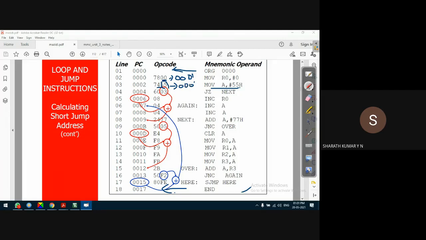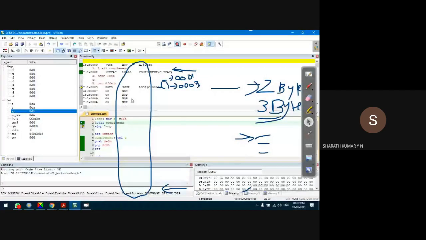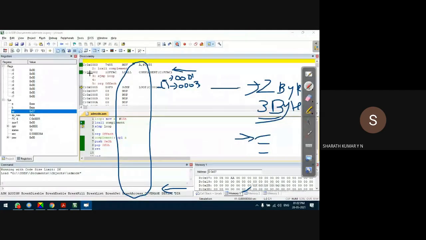You may ask a question: why is 0003 not shown? Because the PC column will show only the starting address of the instruction. The instruction may store 2 bytes, or it may store 3 bytes. Not all those locations will be shown. Out of 3 bytes, it will show only the address of the first byte. We saw this in our compiler also. For an LCALL, observe this: 0002 represents the LCALL instruction, which is a 3-byte instruction.